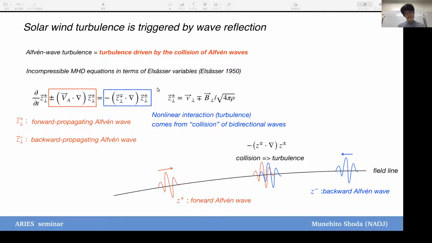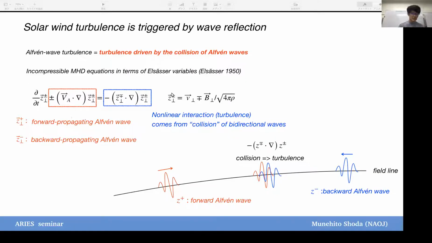So first, let us ignore the right-hand side. Then this equation becomes a simple linear advection equation. So z plus represents the forward propagating Alfvén wave, and z minus corresponds to the backward propagating Alfvén wave. And from this perspective, the right-hand side can be interpreted as an interaction term between the forward propagating wave and